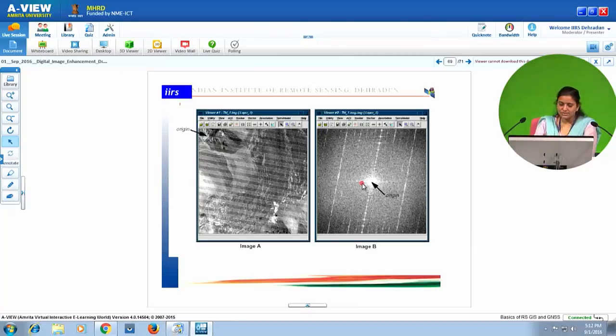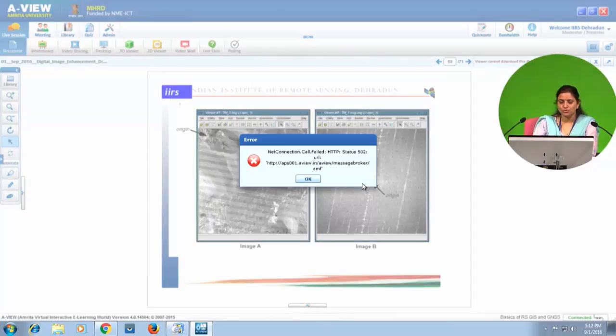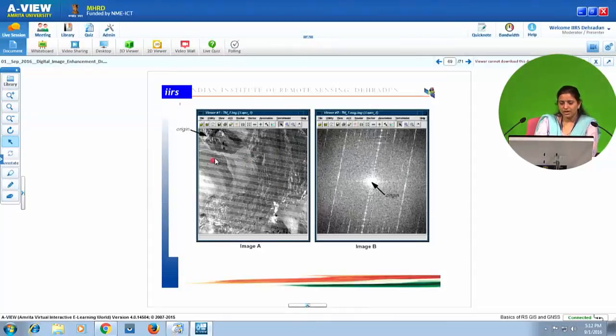Fourier is very useful for de-striping of the image to remove noise. As you can see here, we had an image in which a lot of stripes were coming. For each stripe the spatial frequency would be the same, so all these spatial frequencies would be plotted at the same place in the Fourier spectrum.